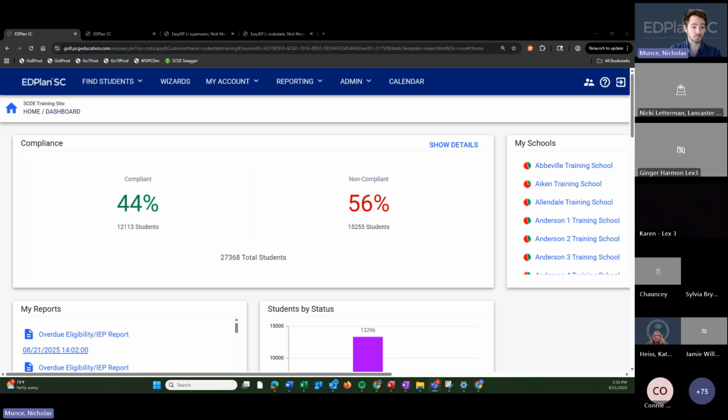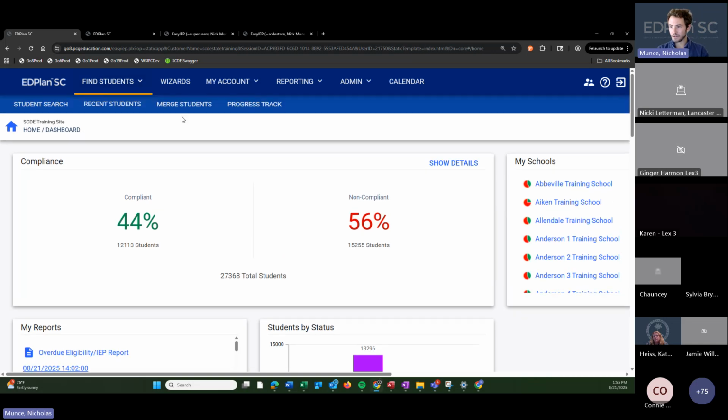If they change schools, we'll automatically get that school change from the student feed, but it needs to be that 10-digit number. So if the transfer happens and you accidentally use the PowerSchool number, you're going to have two versions of the same student. And we want to keep the SUNS ID version of the student and merge the records from the transfer student into the SUNS ID version. So the way you'll do this is underneath the Find Students menu, there's a Merge Students option. Right next to Recent Students, there's Merge Students.